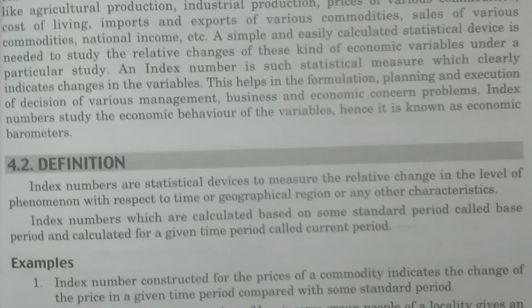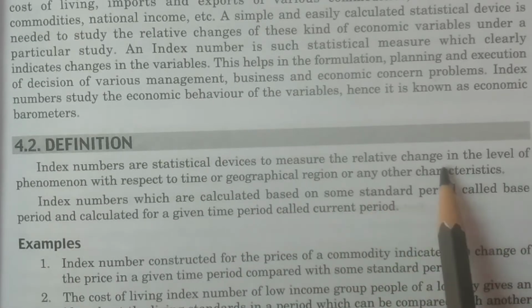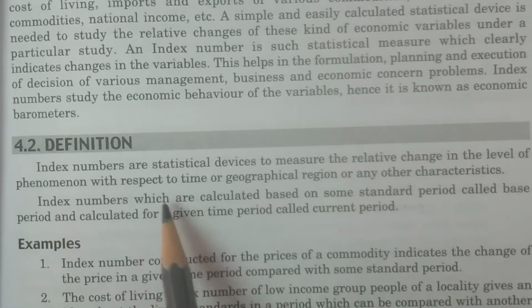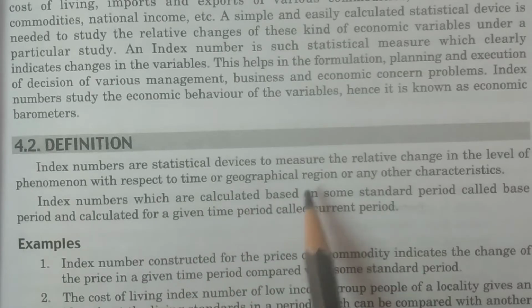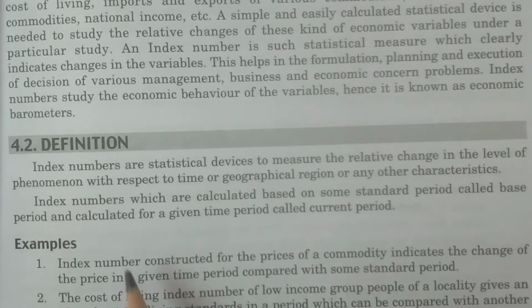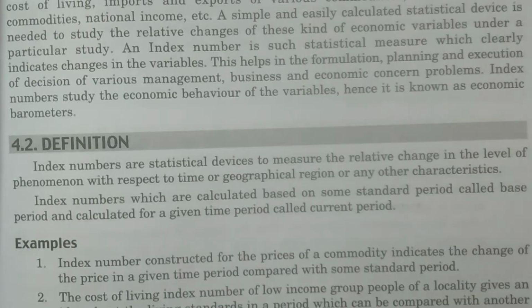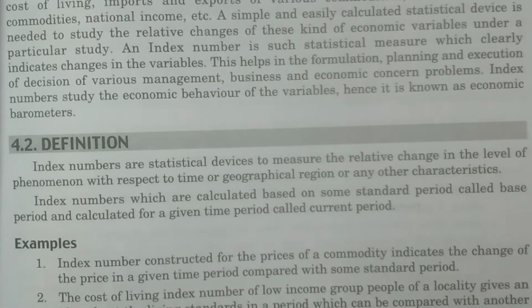You see what is the definition of index number? The index numbers are statistical devices to measure the relative change in the level of phenomena with respect to time or geographical region or any other characteristics. With respect to time, maybe from last year to this year, what are the changes in the economic variables? Geographical region, from one place to another place, from one country to another country, what are the changes of some particular economic variables? Regarding any other characteristics,